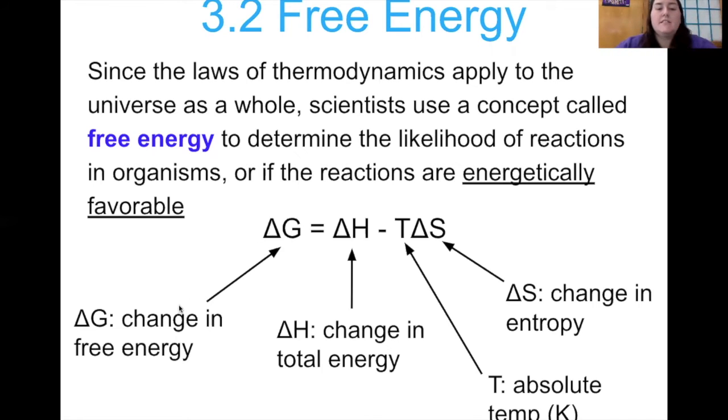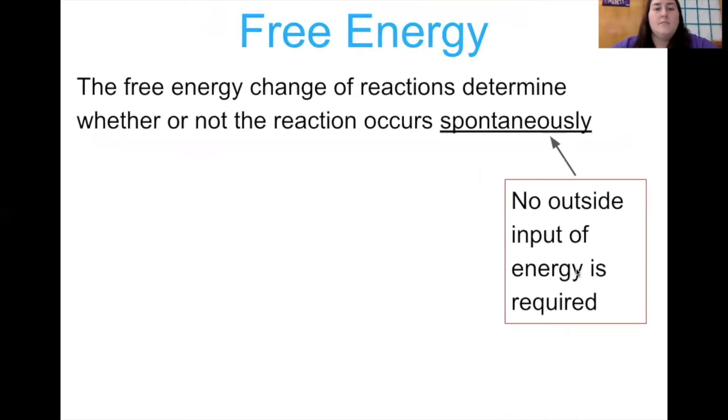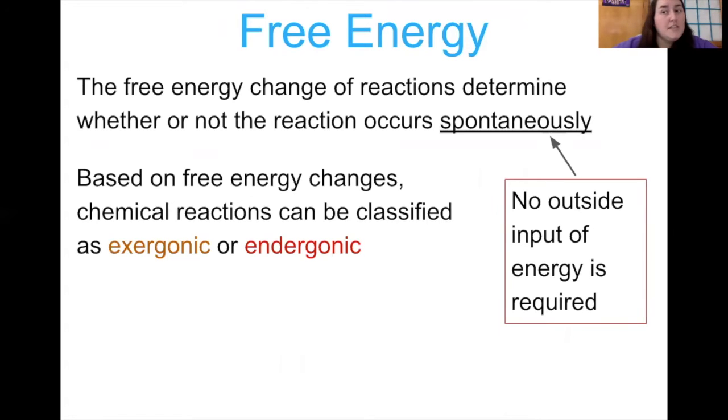And so ΔG stands for the change in free energy. ΔH is referring to the change in total energy or heat. T is absolute temperature in kelvins. And then ΔS is the change in entropy, or disorder, within the universe. And so free energy tells us whether our reaction can occur spontaneously or